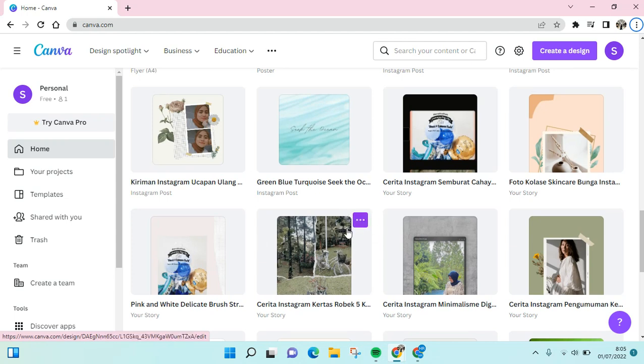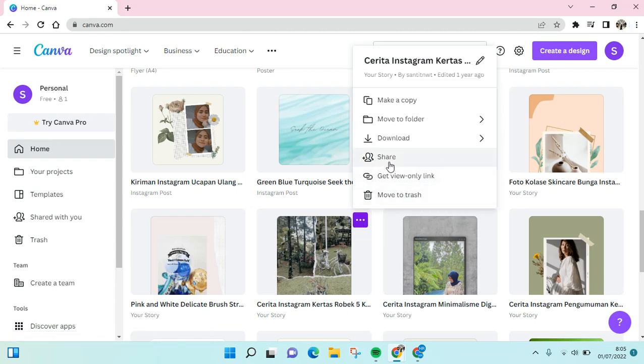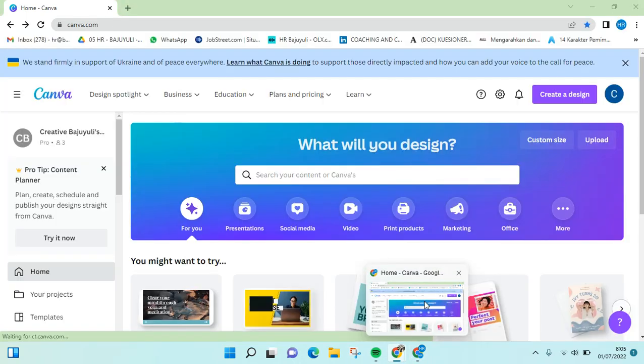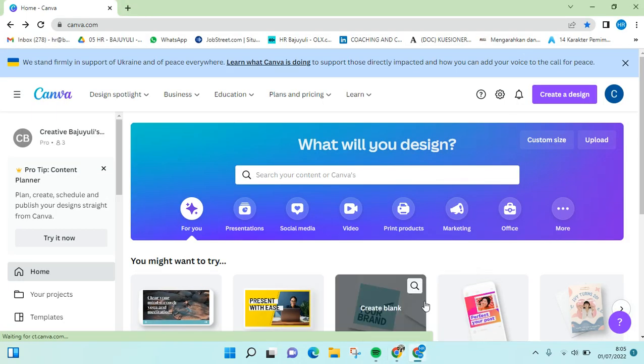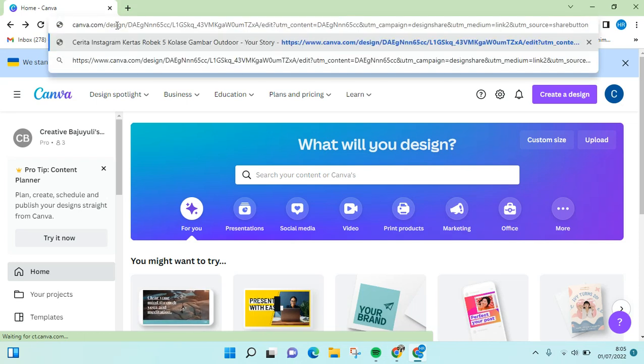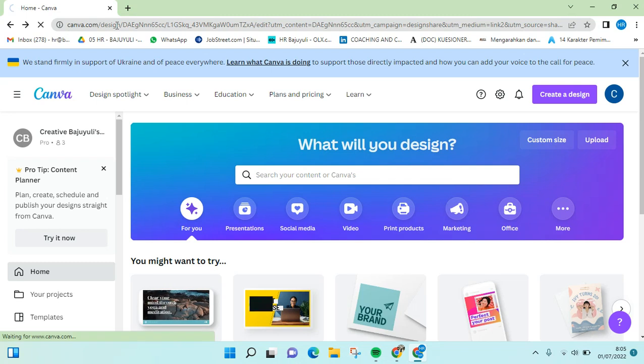Just click on the three dots icon at the top of the design and click on share here, and then you can copy the link but change the access to can edit, and then copy the link and go to your other Canva account, and then just paste the link that you have copied here and click on enter,